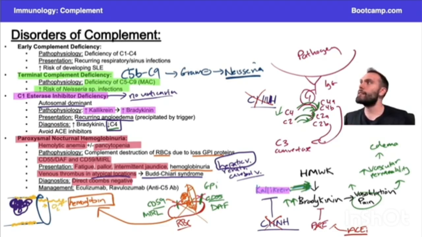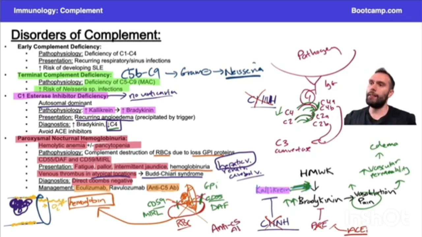All right, and the last thing here is there are certain drugs that you do want to be familiar with. Now, Step 1 isn't as big on testing medications, but this drug in particular, eculizumab, is an anti-C5 antibody. Okay, and so the idea here is if I'm destroying my own cells, right? If I'm destroying my own cells because I don't have my CD59 and my CD55 to regulate things, to inhibit complement from attacking my cells, I can try to attack the complement that's attacking my cells, okay, as crazy as that sounds. So if I had an